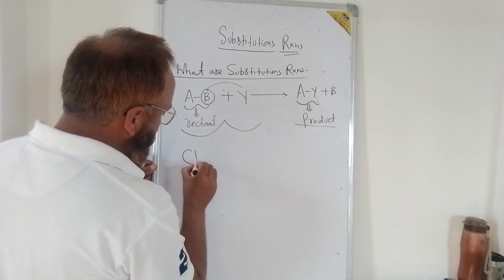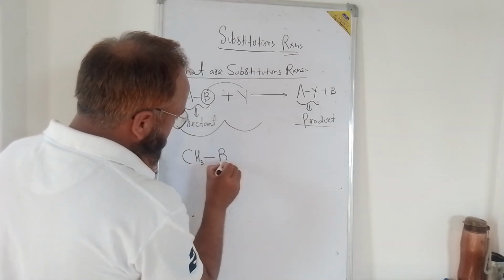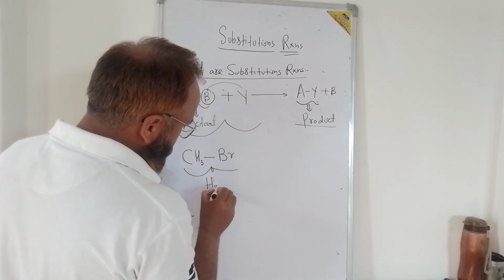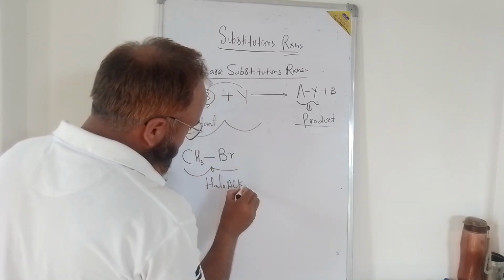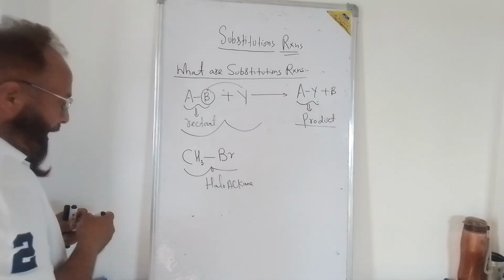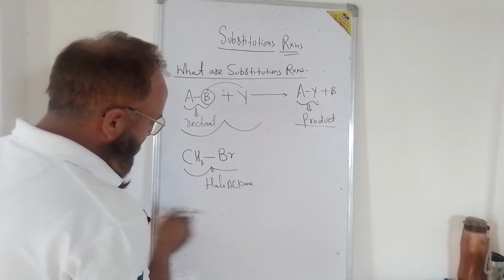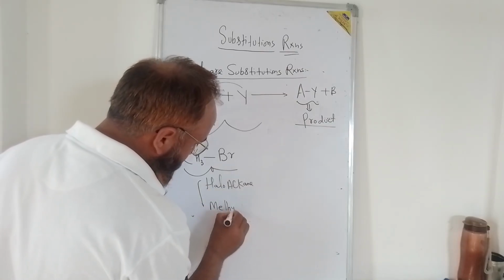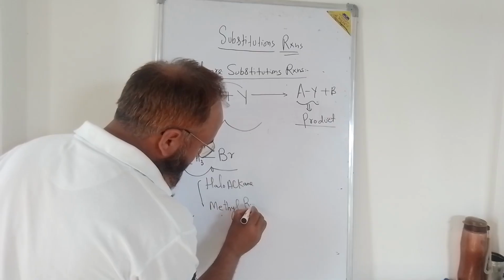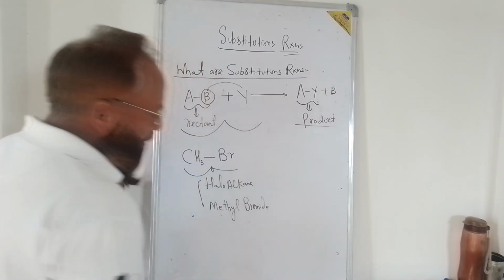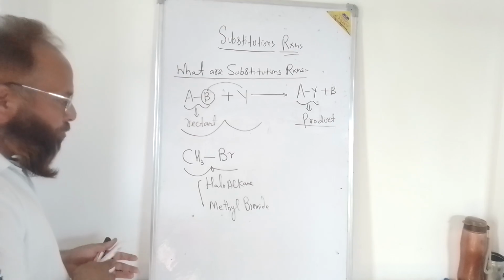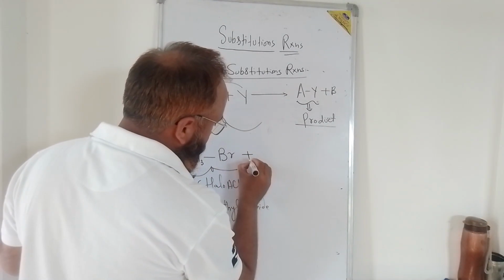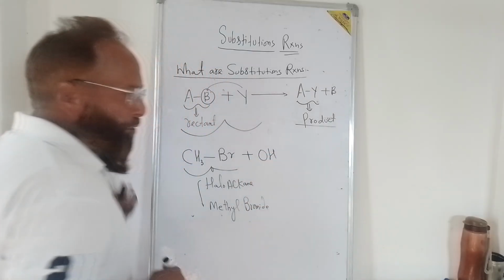Here CH3Br is present. This is known as a haloalkane. The name of this member is alkyl bromide, or you can say methyl bromide. Methyl bromide. Now you want to replace the Br, and I will take OH here, because you know in the